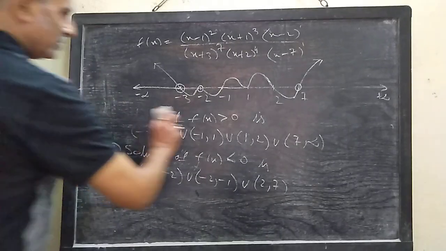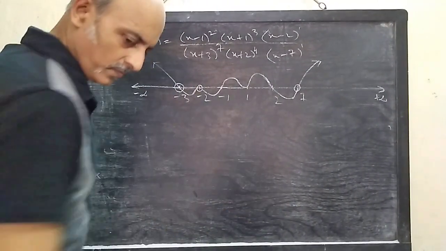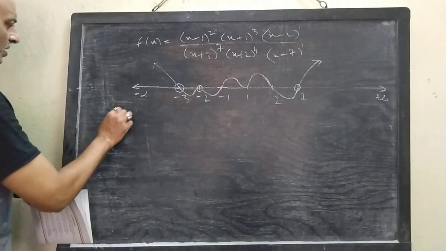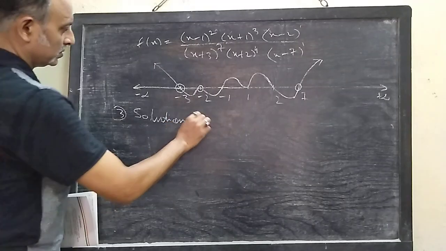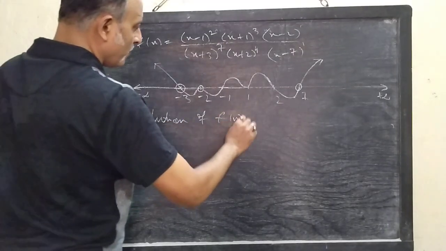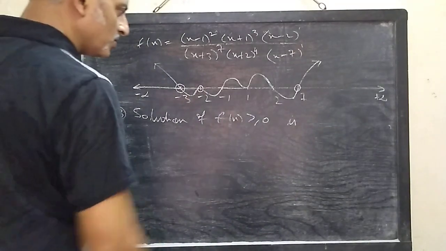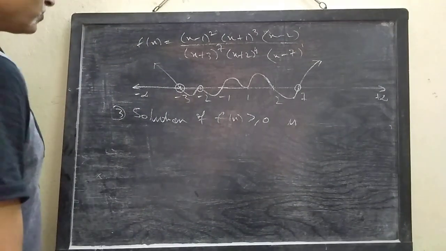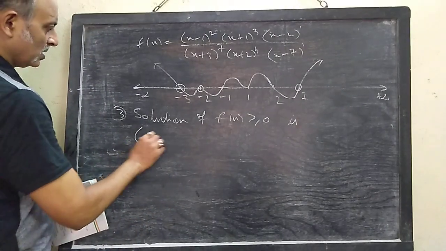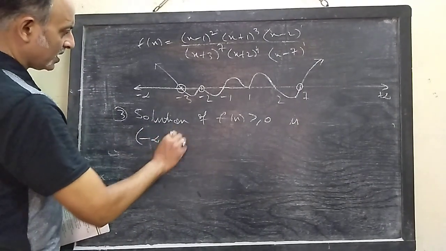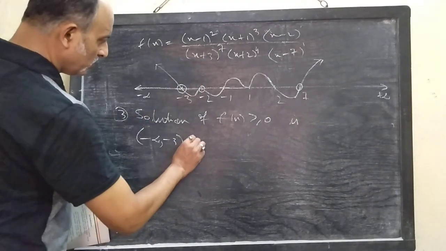Next, I am erasing this. Number 3. Solution of f(x) greater than or equal to 0. Now equals 0 is permitted here. So our solution will be minus infinity to minus 3. Minus 3 cannot be included because this is a zero of the denominator. Union